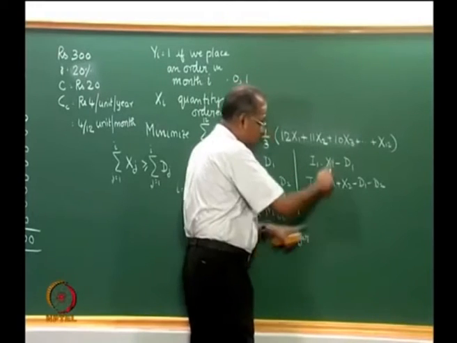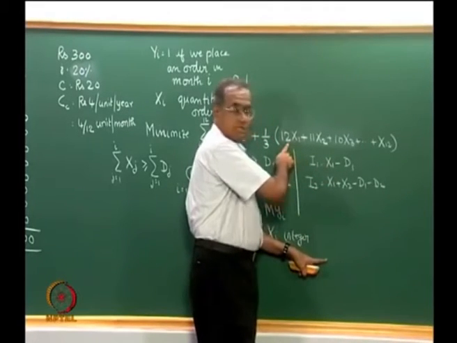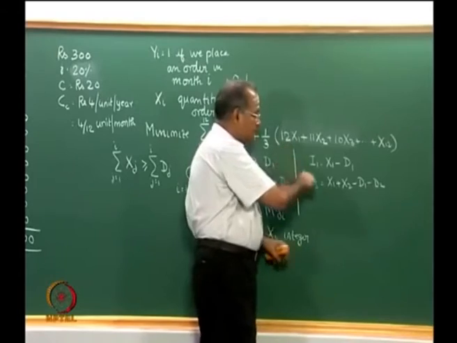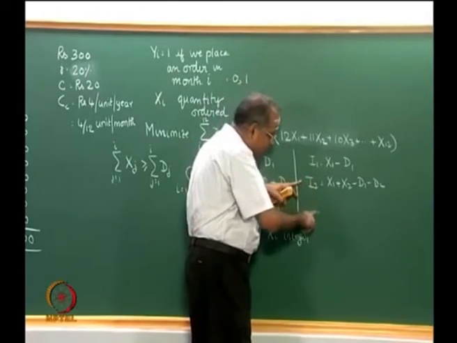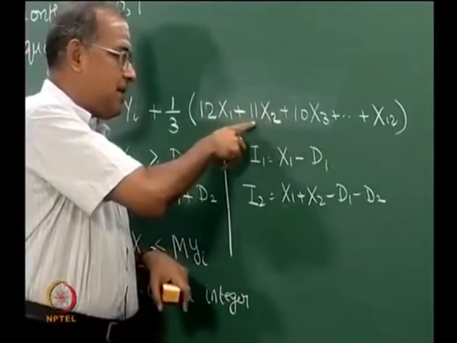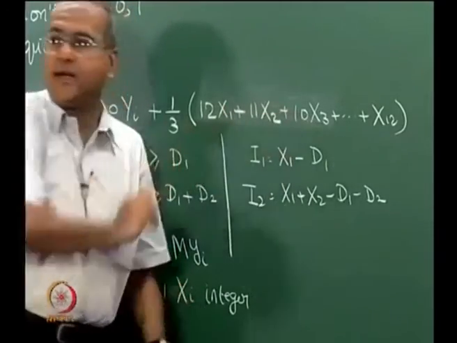So, all the 12 will have x1 12 times, so this will become 12 x1. Now, x2 is going to appear from I2, I3 up to I12, so x2 will appear 11 times, x3 will appear 10 times and so on,